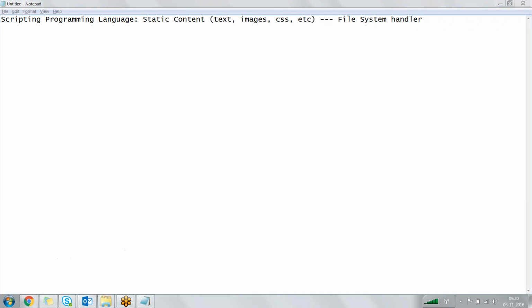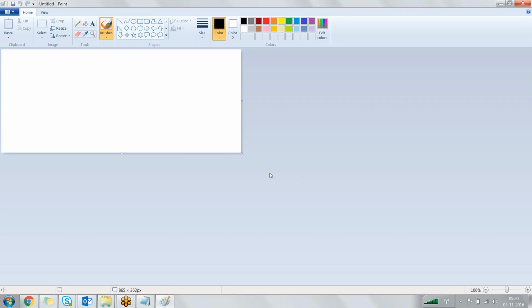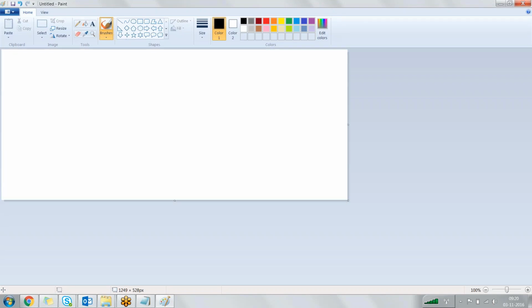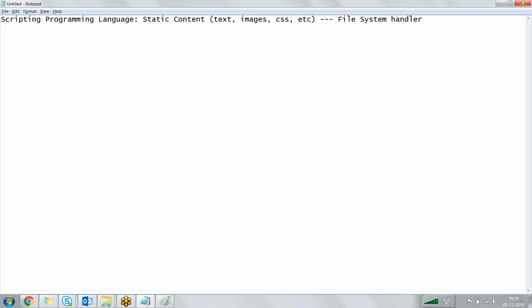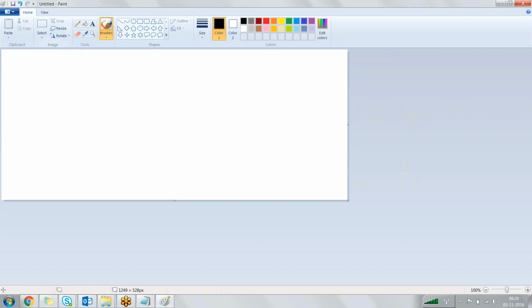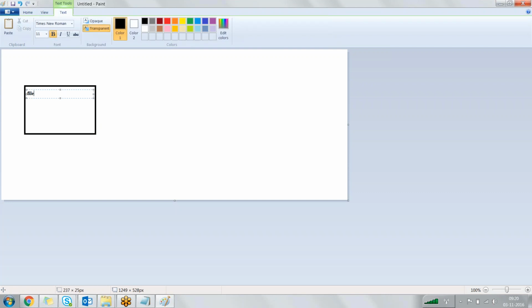The container used to process the code related to scripting programming languages was called a file system handler. So this is my file system handler. Anything and everything related to static content can be comfortably processed by my file system handler.